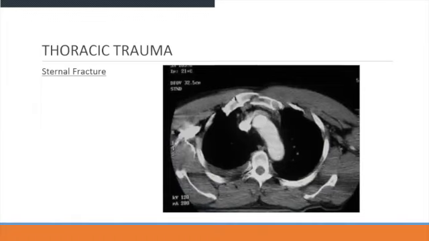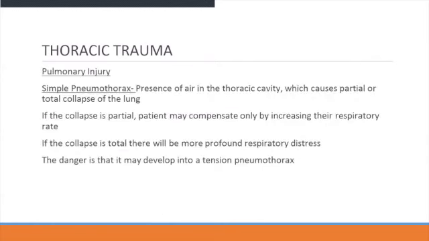All right, so here's a picture of a sternal fracture. As you see, the big white thing in the middle of your screen is probably going to be the spine. With the fracture, you have a huge instability in the center of the chest, more on the left side than the right side, and it's going to cause a huge amount of instability and cause the patient to become ataxic.